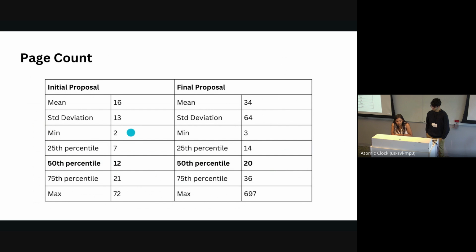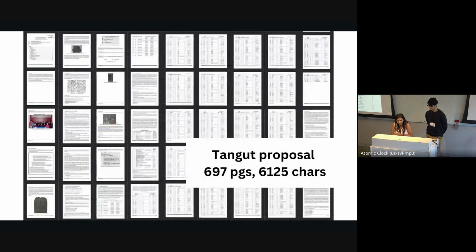There were, again, a couple of very short proposals early on that basically look like the characters placed on a code chart. And then you have very long proposals that can index one of 2 things. So the maximum here for a final proposal is 697 pages. So why might you have such a long proposal? Most often, it just means the character repertoire is really big.